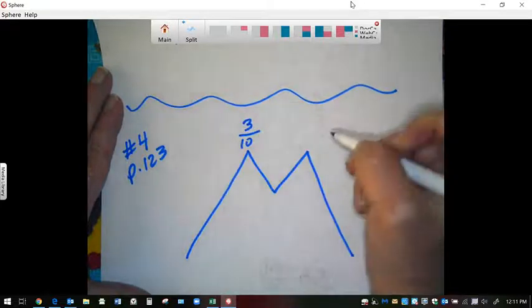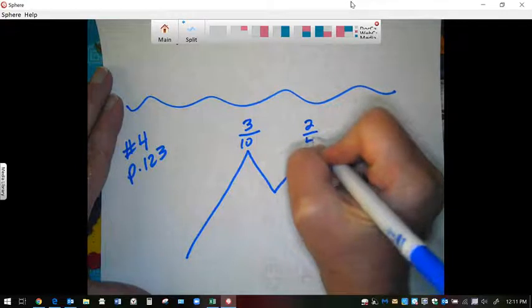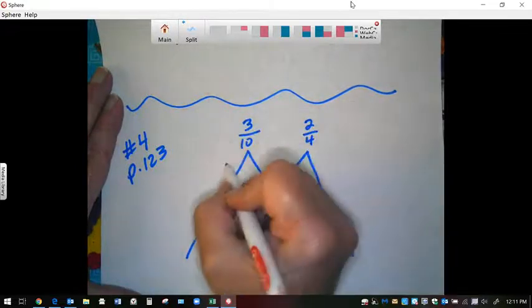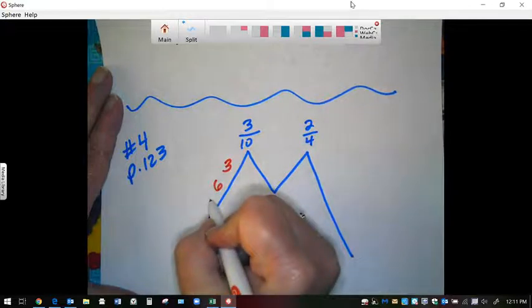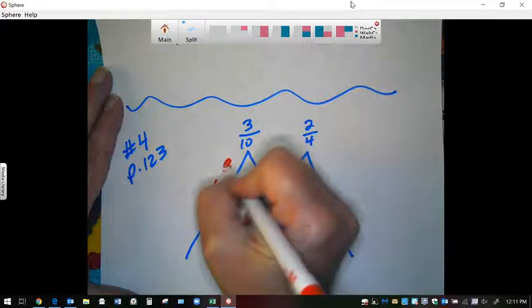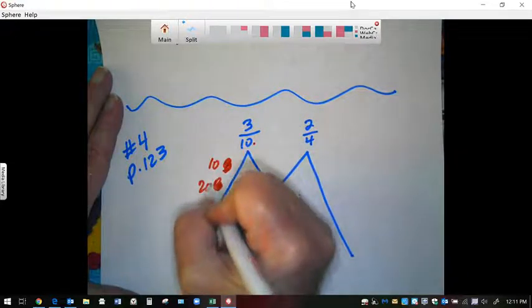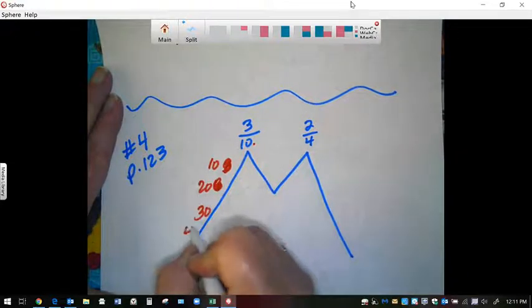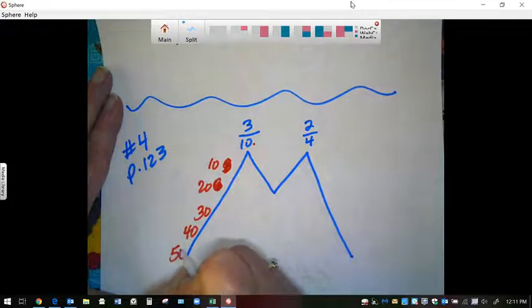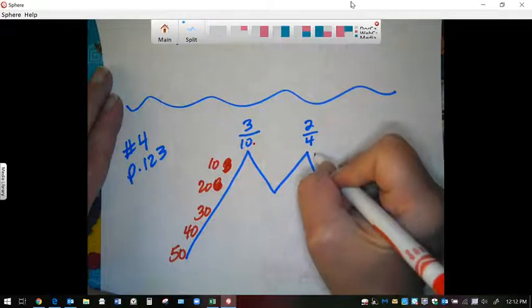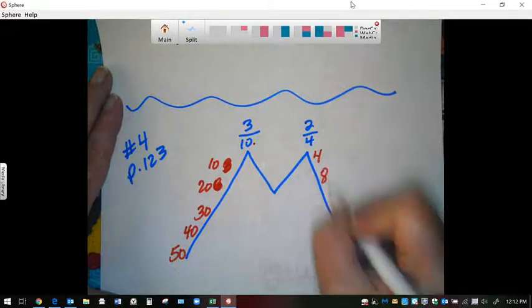Alright, 3/10 and 2/4. So we're going to write your multiples of 3, I'm sorry, write your multiples of 10. So 10, 20, 30, 40, 50. See, everybody makes mistakes. Multiples of 4: 4, 8, 12,